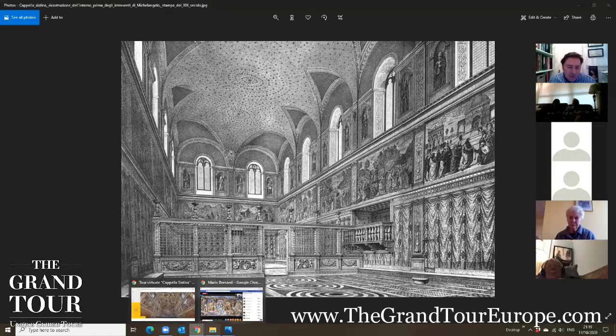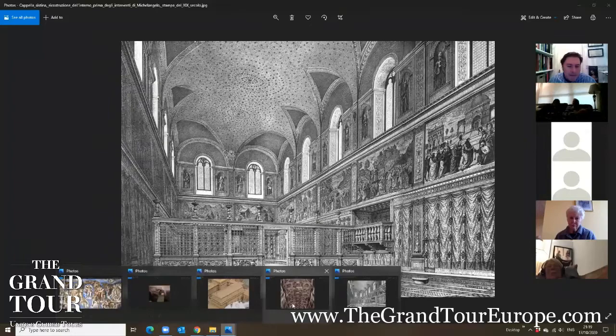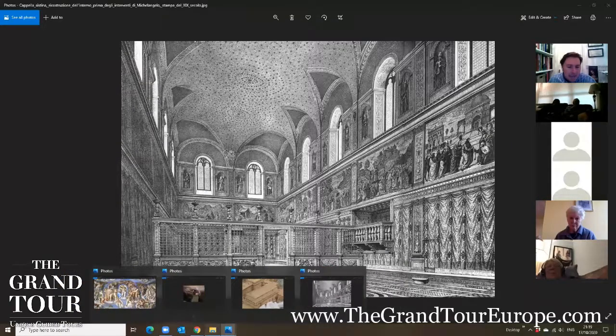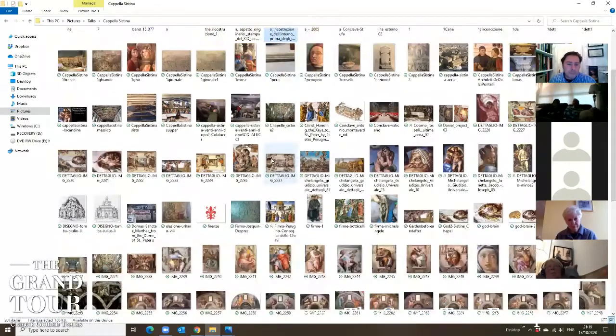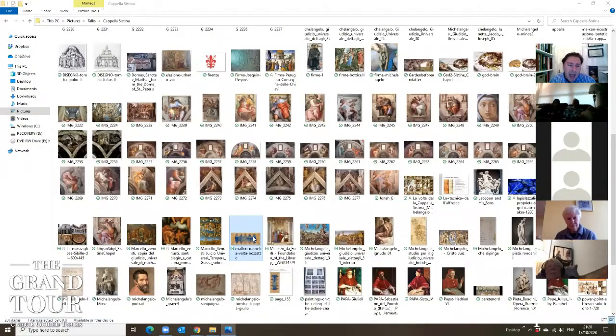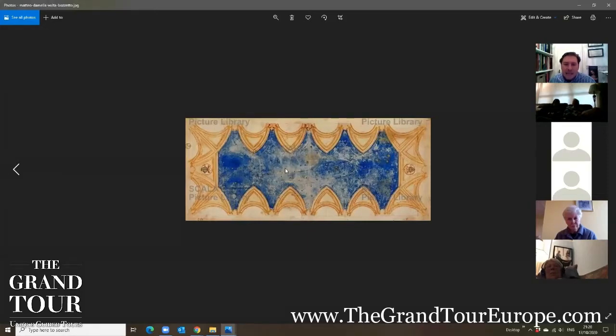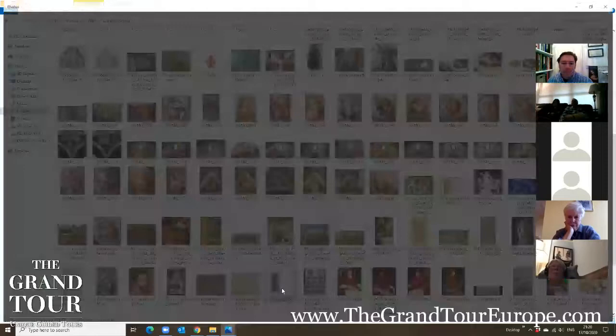Now, the ceiling was of course covered by Michelangelo and was probably even damaged before, but we have a couple of images that show us how the ceiling could have been. You can see this is one of the documents that shows how the chapel could have been. Now, if you look at that, the stars are of different size and different position. They must have had an astronomical or astrological meaning, which we don't know. It hasn't been studied yet,